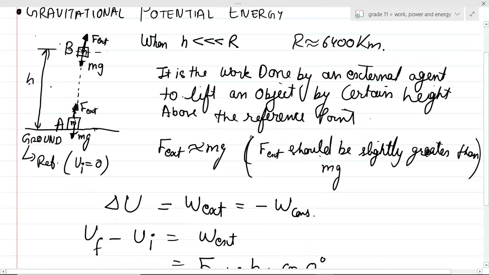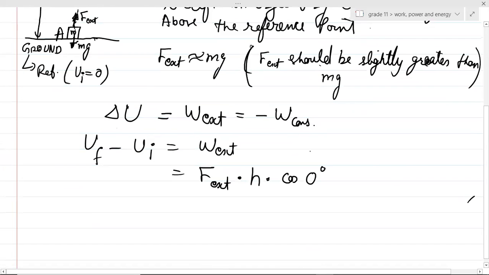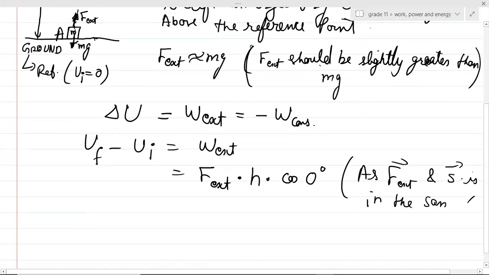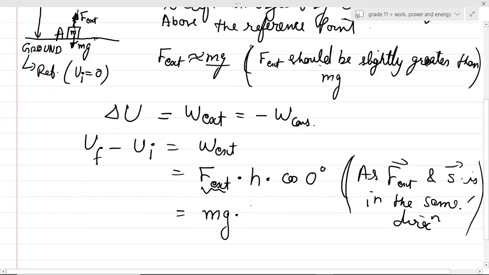Can you see F external was acting upwards and the displacement is also upwards? Hence, cos 0. Clear? So F external is approximately equal to mg. This will be m into g, this will be h, cos 0 will be 1. Initial reference is 0. So the final potential energy of point B is m into